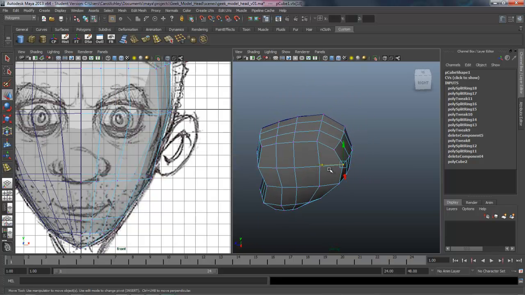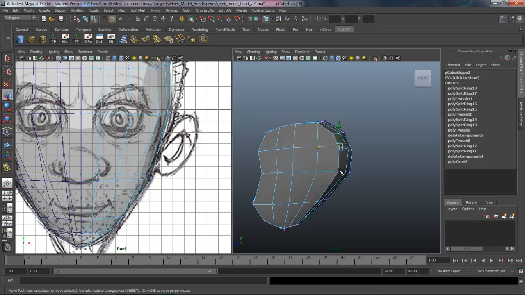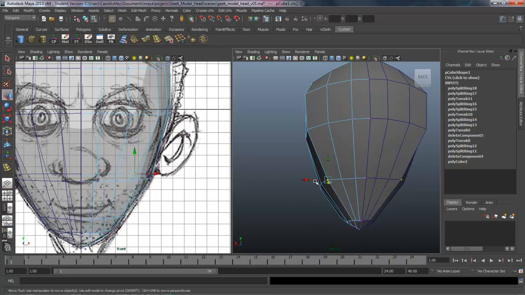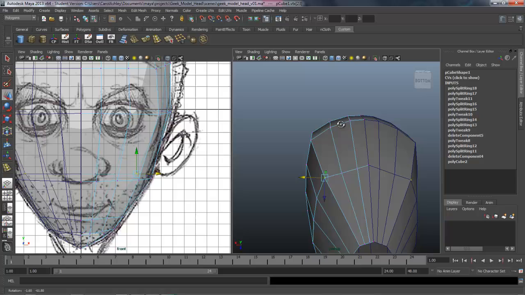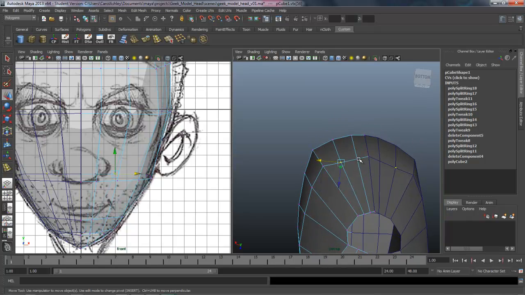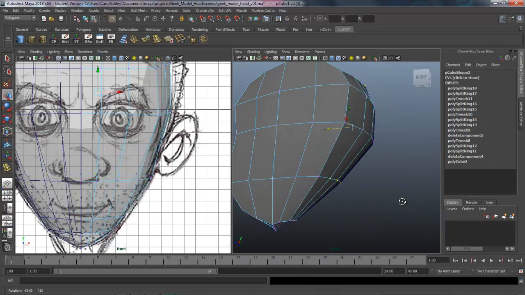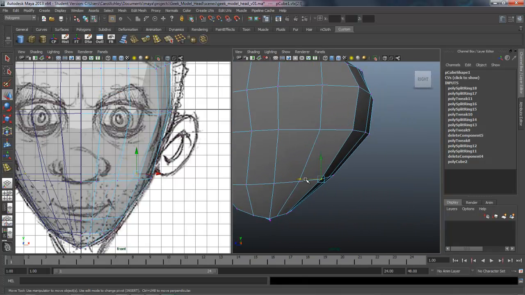This might need to come in a little bit now. Now that we've got a little bit more resolution going around the back side, we can start pulling in a few more of these points here and rounding it out a little more. Okay, so we still got these 2 that need to come out. There we go. So you can see that. It's probably a little out there too far.